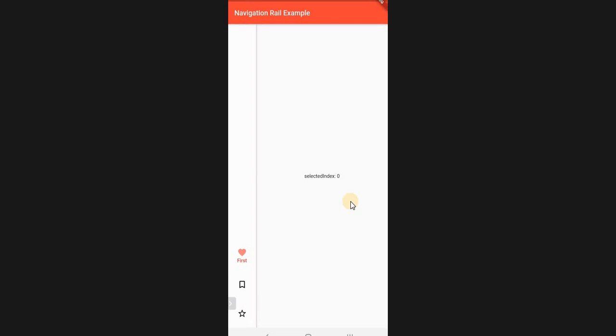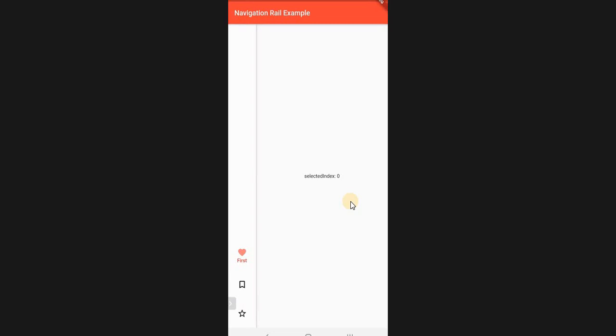We are having one navigation rail on the left hand side, and on the right hand side we are having an expanded widget. And in our navigation rail, we are having a row of 3 navigation rail destinations. By default, the first destination is selected.